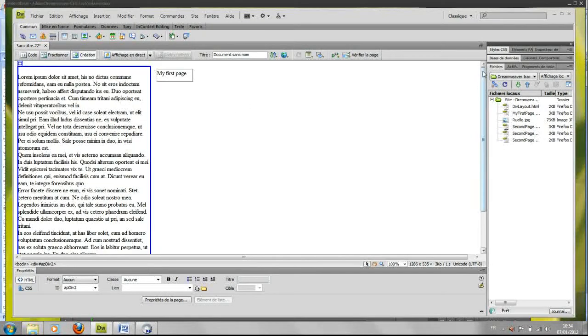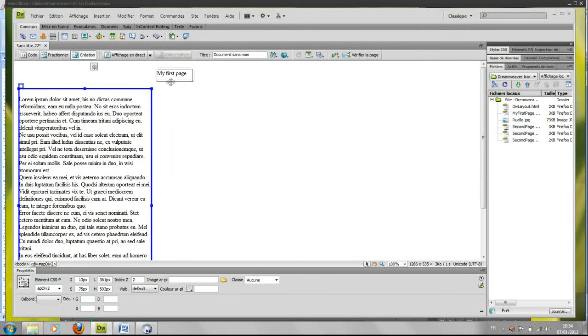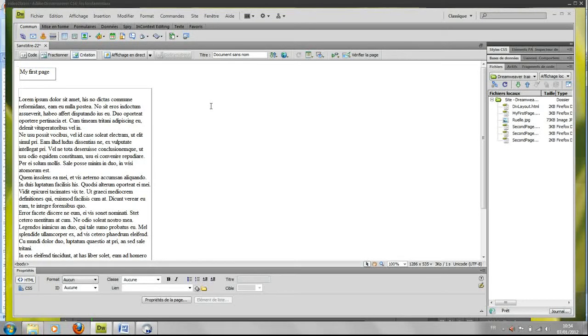So here it looks like. So I can shift the block text here. I can shift the title block. Okay. So we will now create another AP Div tag